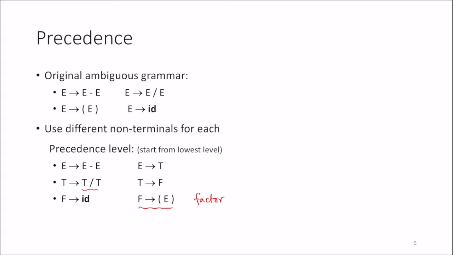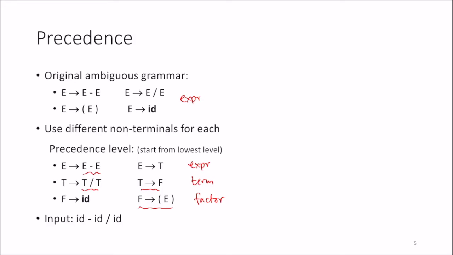And so this part over here, these two productions, T goes to T divided by T and T goes to F, are going to handle division at a higher precedence than subtraction. We'll call that a term. And then finally we have the expression level, which is sort of what the original grammar had. And here we have subtraction, which is the lowest precedence,